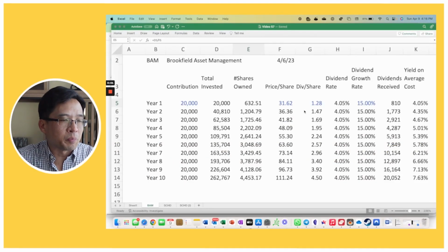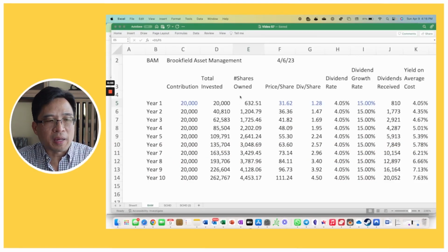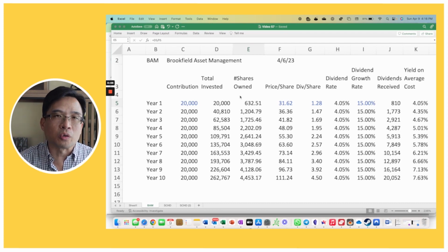Now, let's go to the spreadsheet to review our projected results. Now, let's look at our model. We're assuming that we're using Brookfield Asset Management throughout the 10 years, but that's not true. I mean, what they're going to do is that every year they're going to look for similar investments and we'll be buying $20,000 per year. But let's just use Brookfield Asset Management as the placeholder here so we can see how it would work out